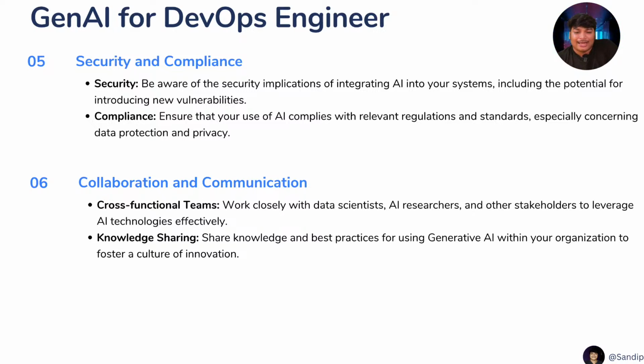Now, collaboration and communication, cross-functional teams. The context I gave initially is that you might be applying to an AI company as a DevOps engineer, and you want to work there, like I did. I worked for one AI company doing ChatGPT-like application development, and for one machine learning engineering company, not so long ago, and I learned a lot from that. As a DevOps engineer, I had to support them, even if I didn't know what tools they were using. If I don't support them, of course, I'll be out of a job.